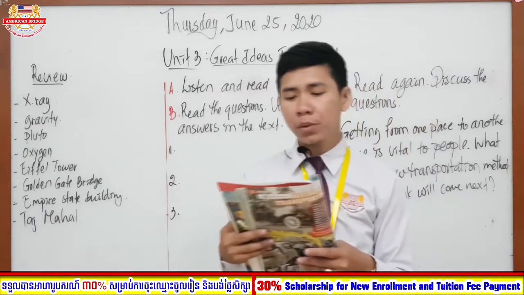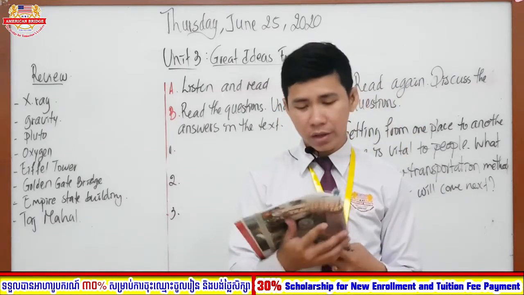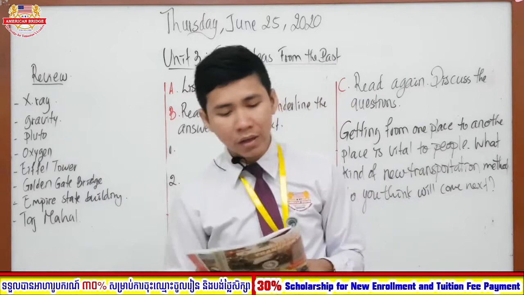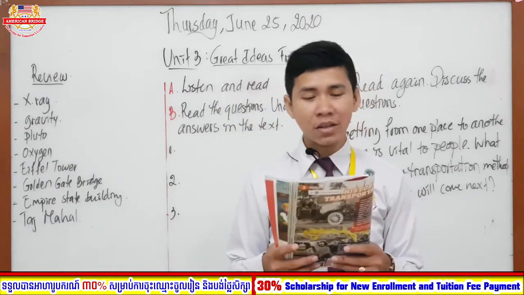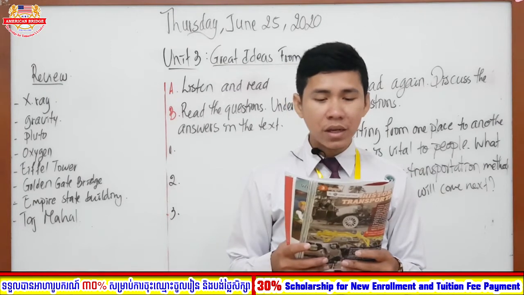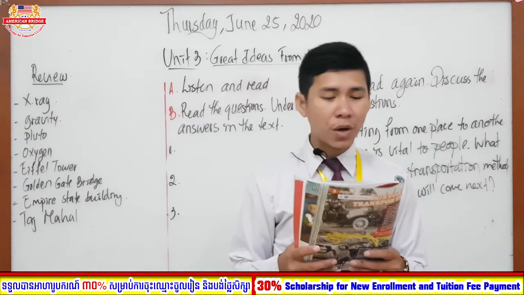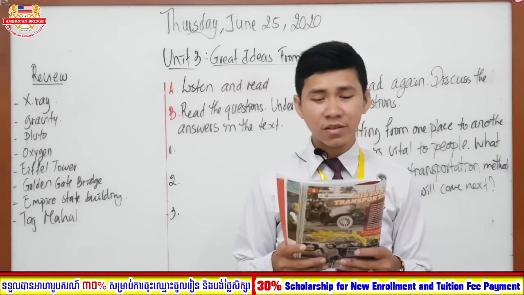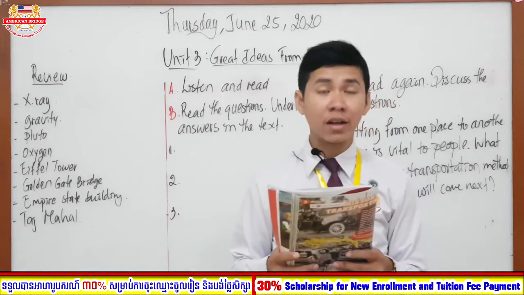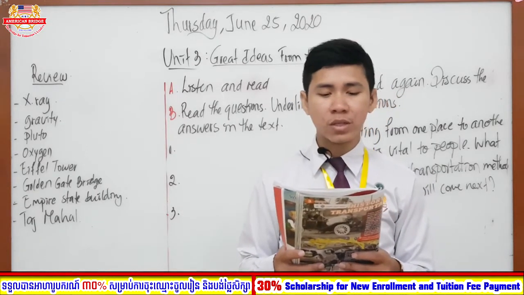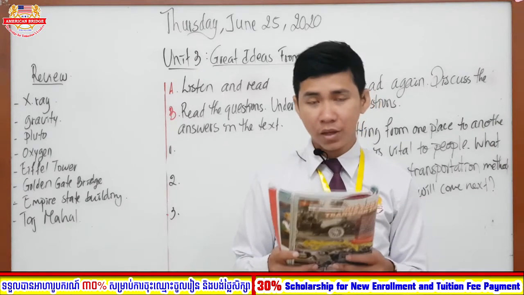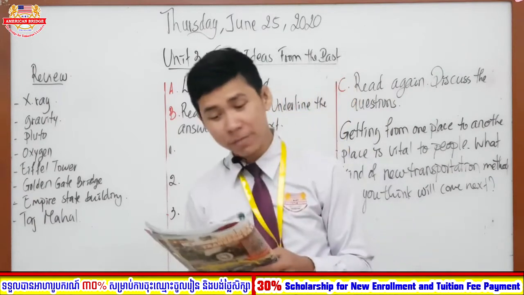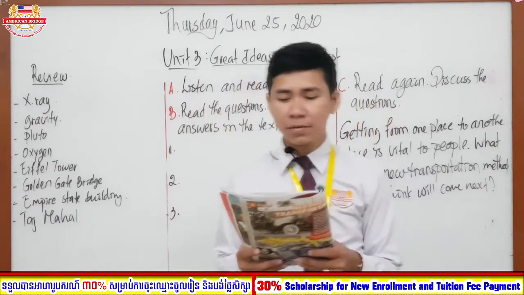Airplanes allow people to travel long distances quickly. Many people experimented with flying in the 18th century. Finally, in the early 19th century, two brothers named Orville and Wilbur Wright became the first to successfully build and fly an airplane. Today, airplanes can transport hundreds of people at a time, and they can travel more than 500 miles per hour. So fast, right? And the question is, what was the first successful airplane built?